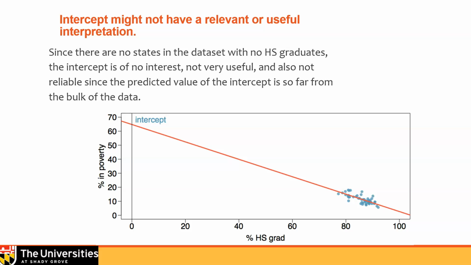And we often see that sometimes you have a relationship like between height and weight, and there will be an intercept there, but you don't have somebody who has a 0 height, or you don't have somebody who has a 0 weight to put into the equation. So it's mathematically useful, but not useful in a practical sense. I want to emphasize that. This is speaking of practical, not mathematical usage.